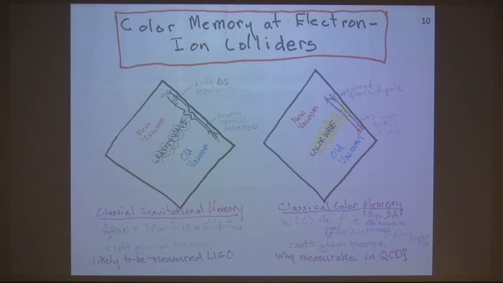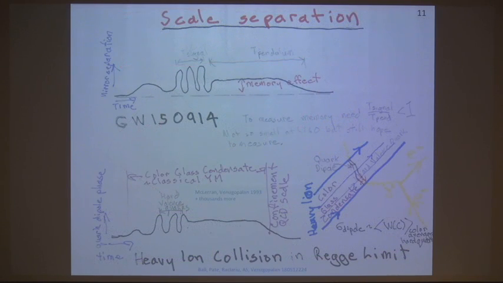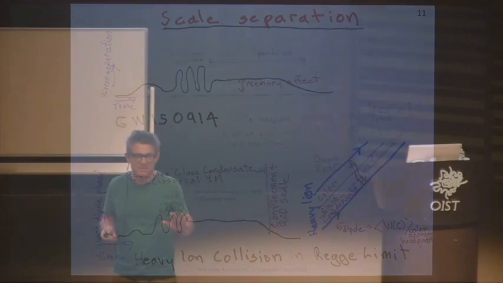Okay, now what you might be asking is, how on earth am I going to measure this in QCD, because color is confined in QCD? Here's the reason. Now, the people at LIGO are very optimistic that in the coming decade they're going to measure gravitational memory. Now, these are amazing guys, amazing physicists. They're not going to live forever. They can't measure stuff at zero momentum. So how is it possible that they're hoping to measure this?